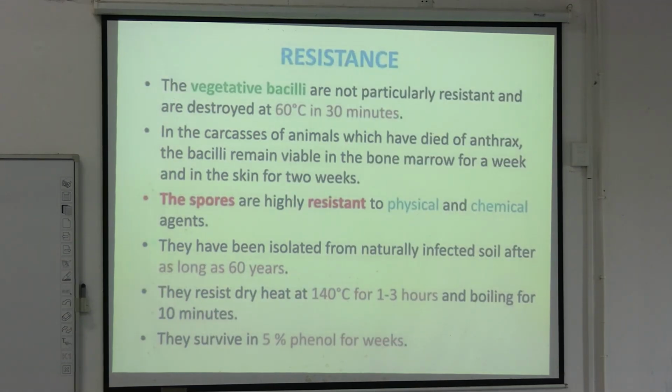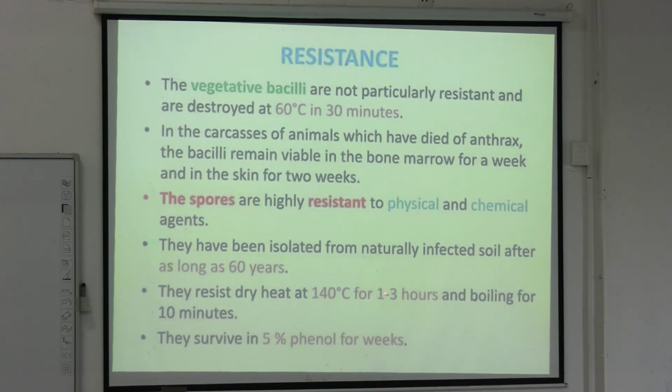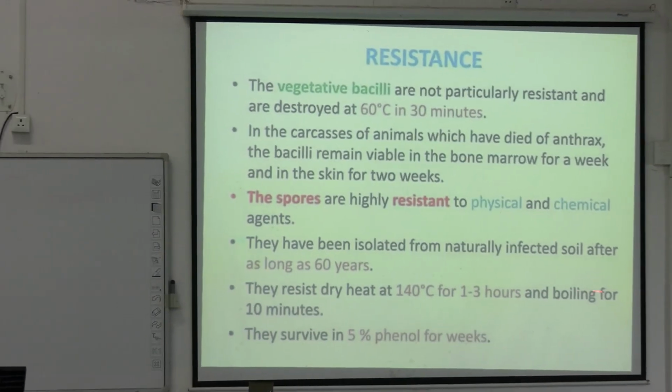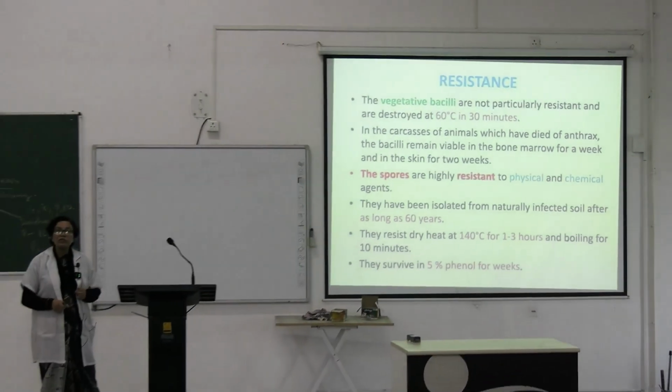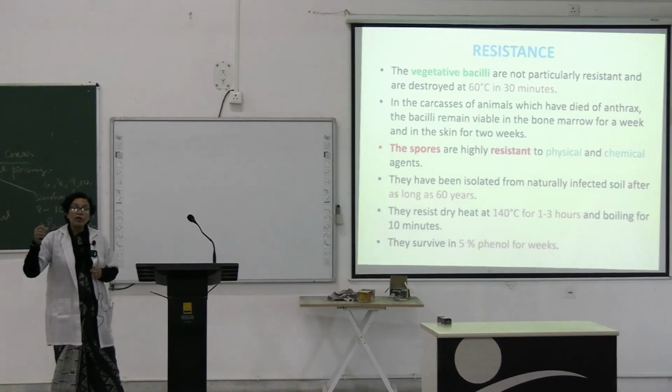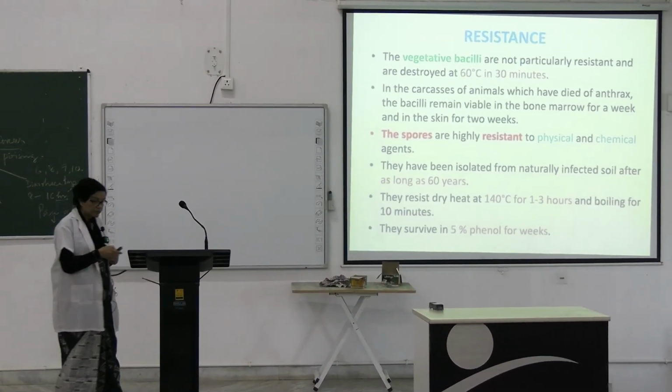Resistance: spores are highly resistant. বলেছি সয়েলে 60 বছর অব্দি স্পোর বেঁচে থাকতে পারে। Spores are highly resistant to physical and chemical agents. They have been isolated from naturally infected soil after as long as 60 years. 60 বছর পরেও মাটি থেকে পাওয়া যেতে পারে। They resist dry heat at 140 degrees centigrade for 1 to 3 hours and boiling for 10 minutes. 10 মিনিট ফোটালেও কিন্তু বেঁচে যাবে, তার মানে অনেক ফুটিয়ে তবে ইউজ করতে হবে।